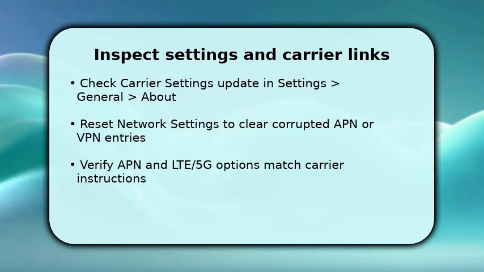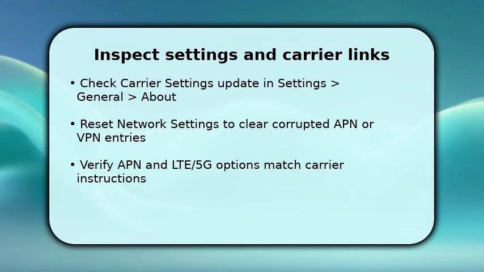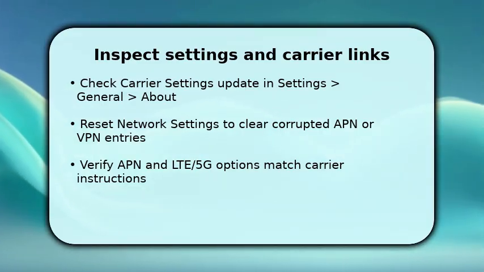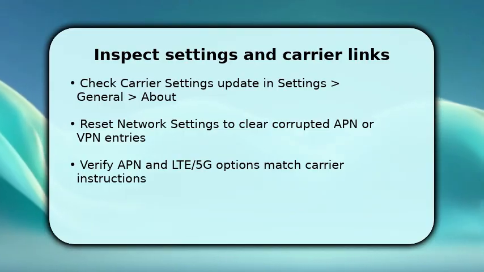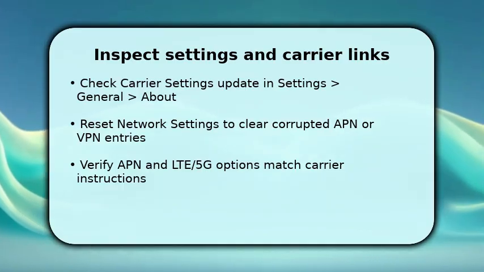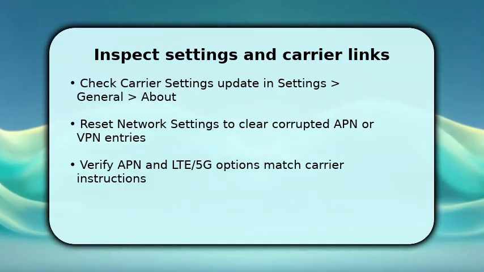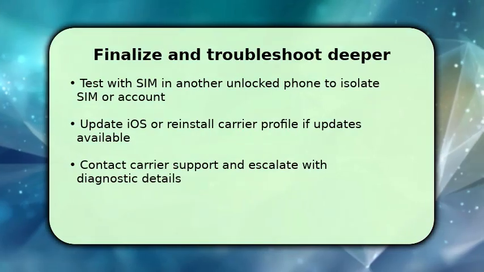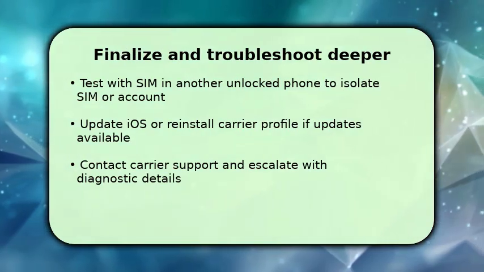If data still fails, reset network settings to clear bad APN, VPN, or proxy entries. This removes saved Wi-Fi passwords, so make sure you can reconnect. Then confirm APN and LTE or 5G settings. Exactly match the carrier's instructions to ensure proper